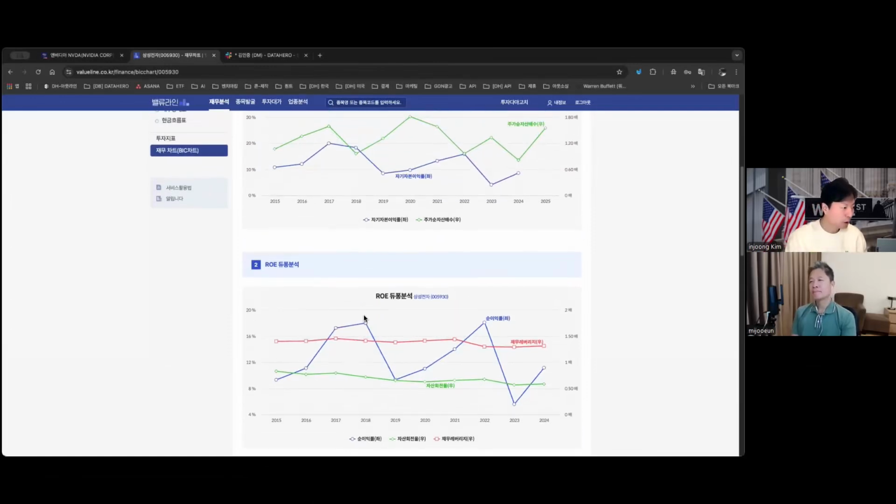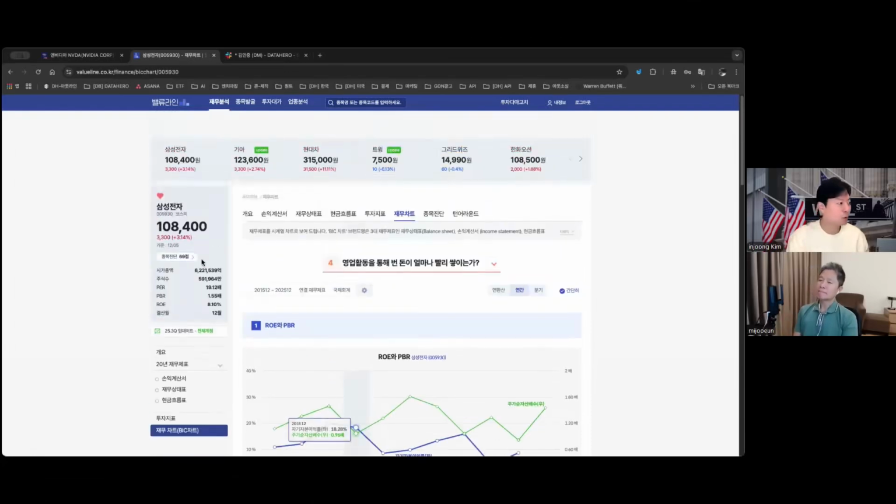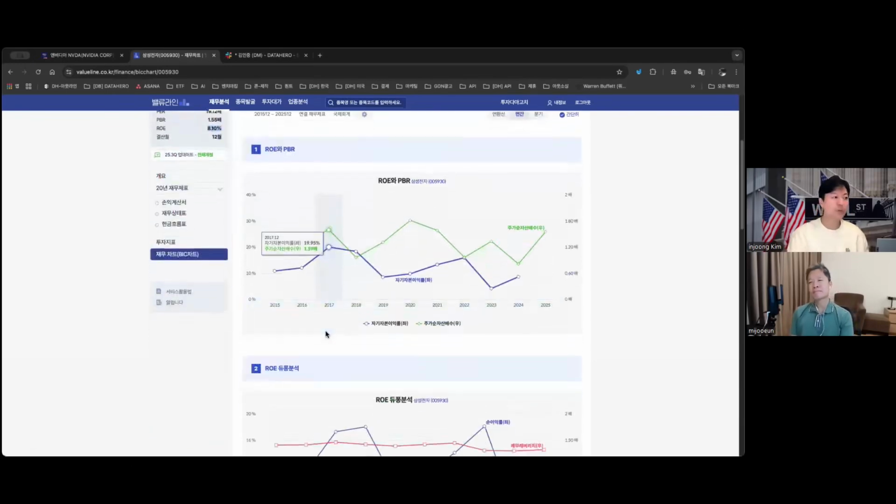Well, it's right above here. If it reaches 18% in 2018, the return on equity was also 18%. So when Samsung Electronics is at its best, the return on equity can go up to 18%. Right now, its return on equity is 8%. It's 8%, and as it improves up to 18%, the stock price is continuing to move upward. But later,